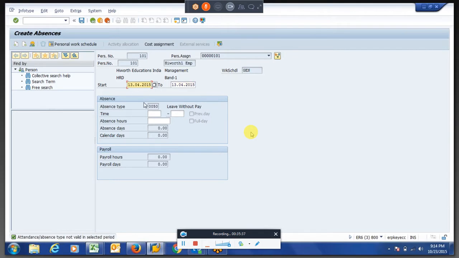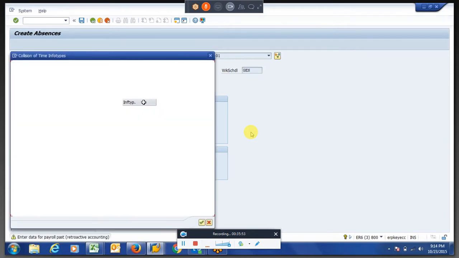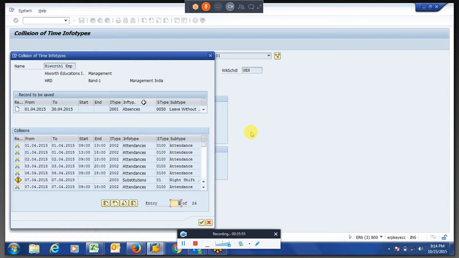I think it will delete multiple records for me. So these many time data which we entered will be deleted.